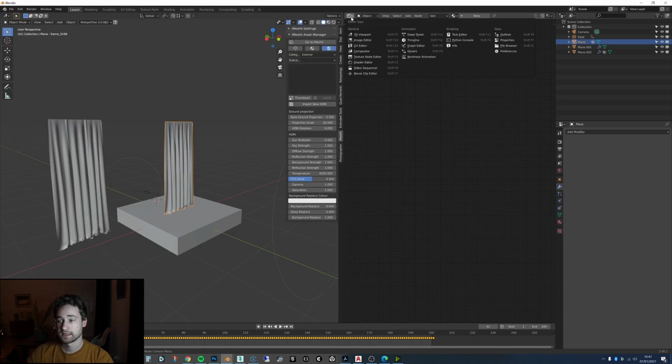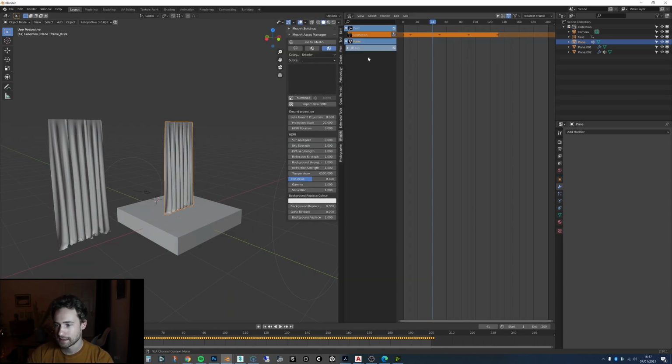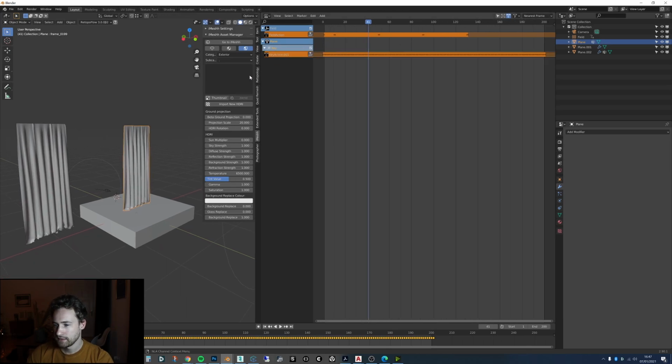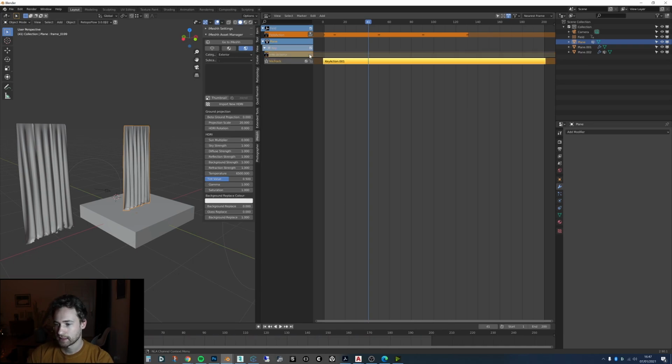Now what we want to do is open up the non-linear animations, and that will be under this one here. So I believe it's plane, this one here. And now we have this, and if you click this button here, we now have this kind of, I don't know what it's called, strip, which we can then move across and place where we want it to. And what we want to do is then blend the start and the end.